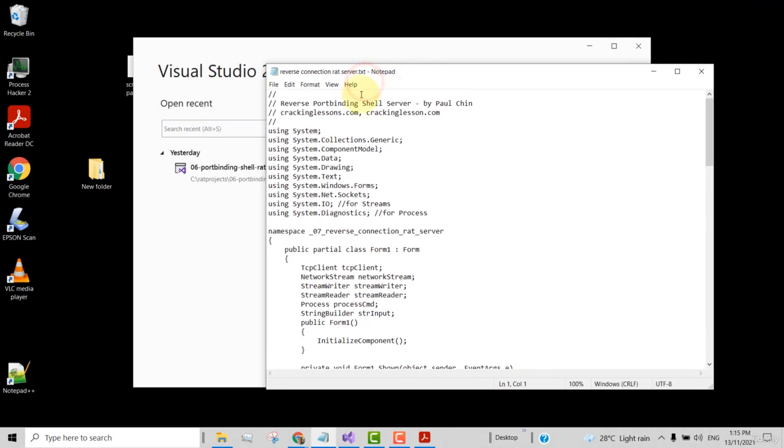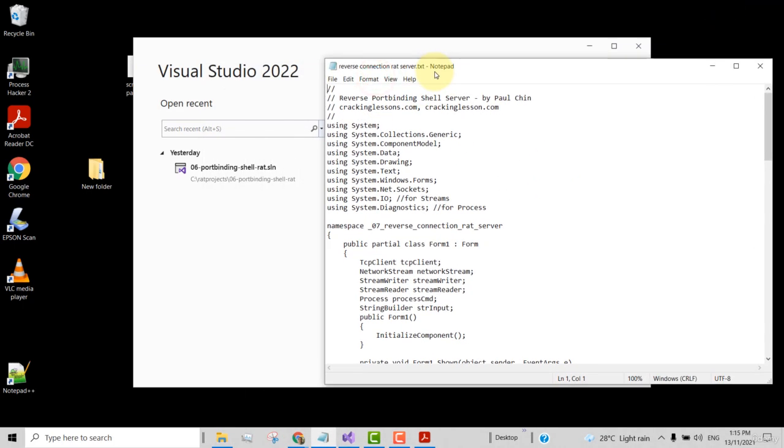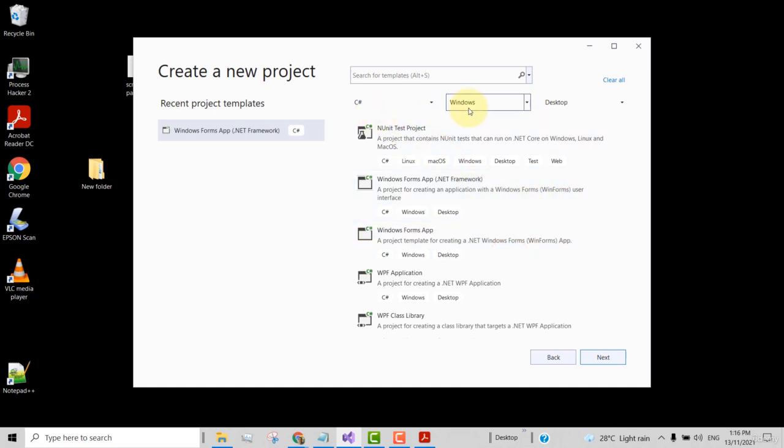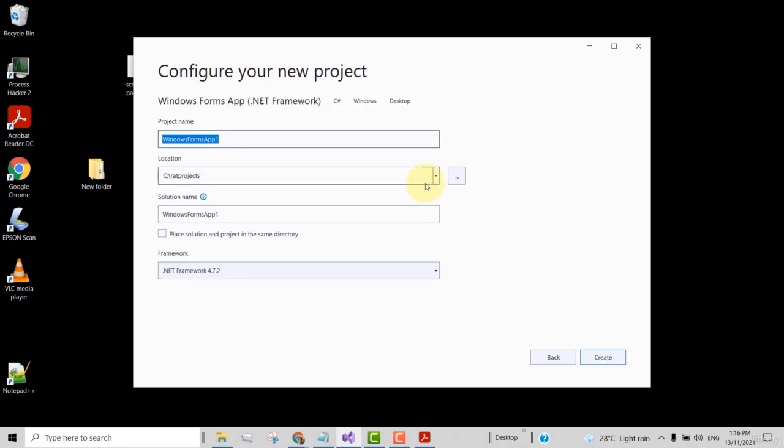First, go and download this file from the resource section. Then open Visual Studio, create a new project, and then select C# Windows Desktop, and the project type is Windows Forms App .NET Framework. Click on the Next button. For the name, let's call it 07-reverse-connection-RAD